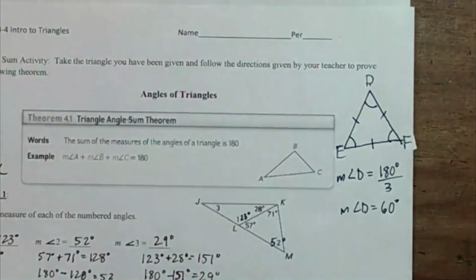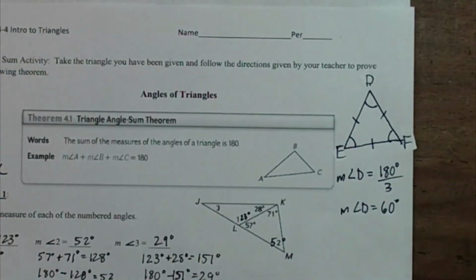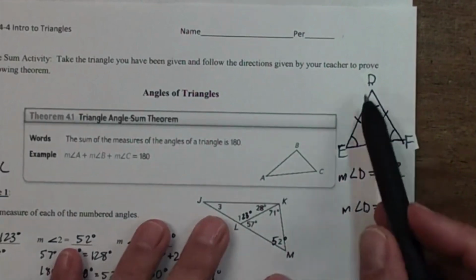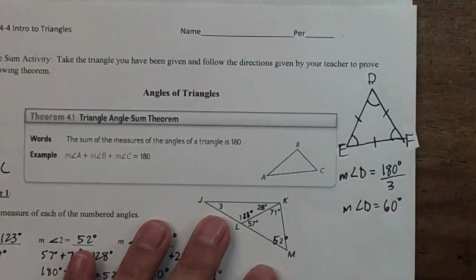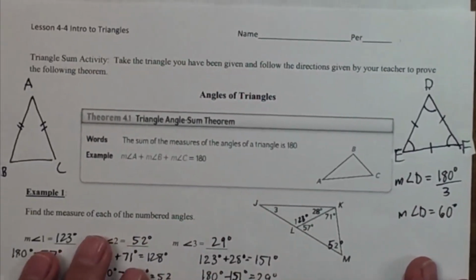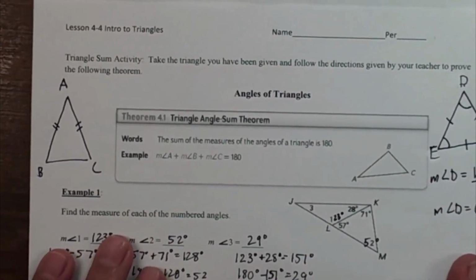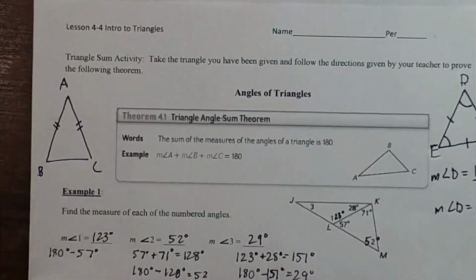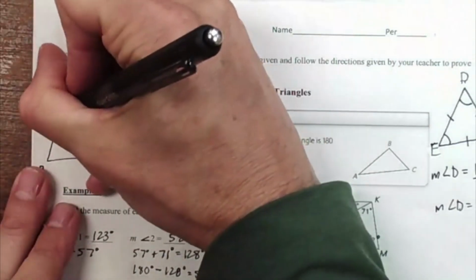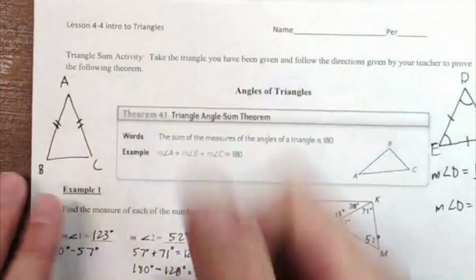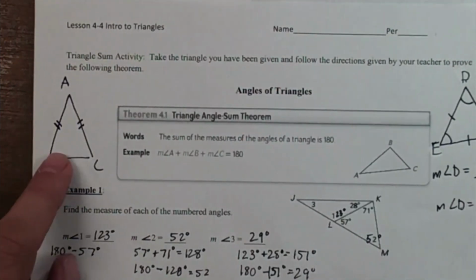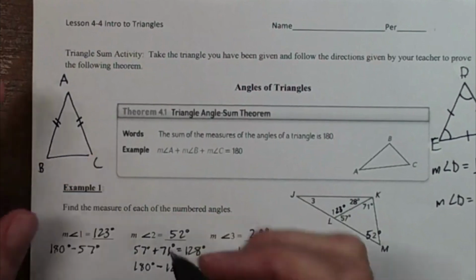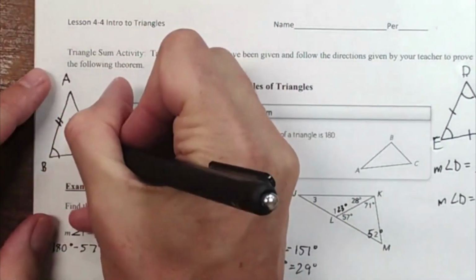And so there's a connection between angle and the side opposite it. Yes? And so with all these congruent angles, the sides opposite them are also congruent. So if we look over here at triangle ABC, we have an isosceles triangle because AB and AC are congruent. Well, the cool thing is that these angles opposite these sides are also going to be congruent because these are the base angles